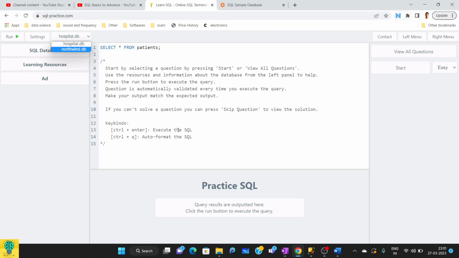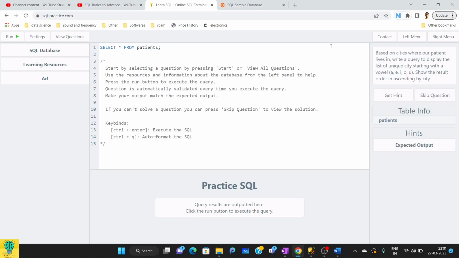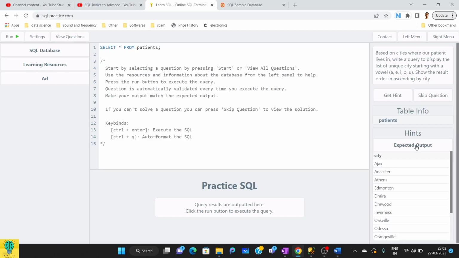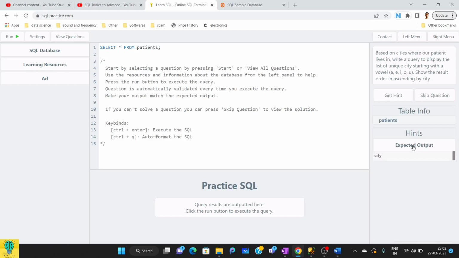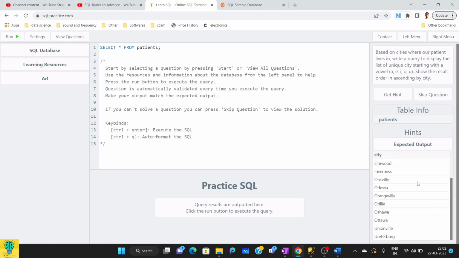The quality of questions here is quite good. I have solved all, and it's quite interesting. You learn a lot of good concepts here, and while solving, if you feel that you do not have much idea, there are also hints. If I start it here, and if I'm not able to solve it, I'll just get hints here. So this is my expected output. This was the first hint, and at the bottom you will be getting a second hint also,